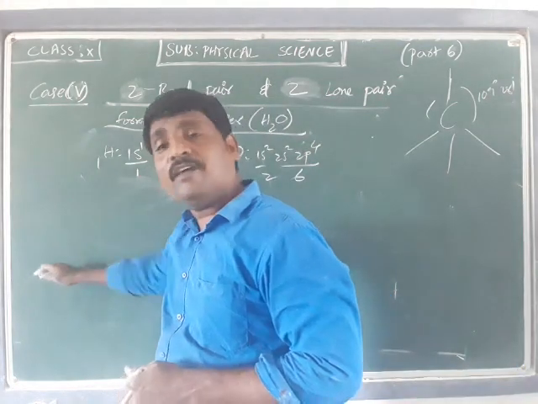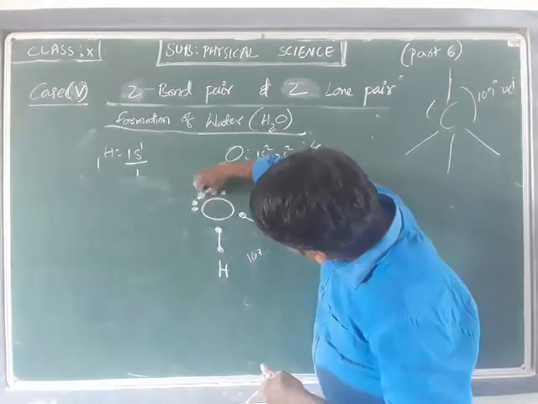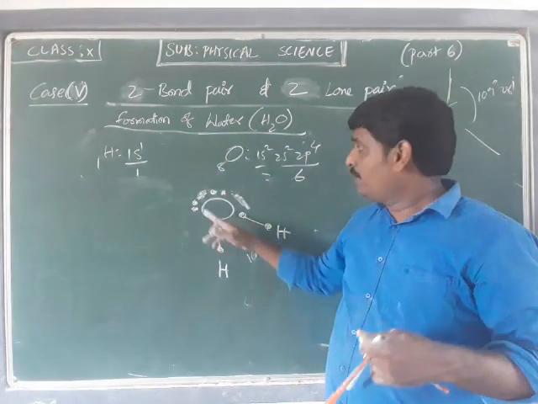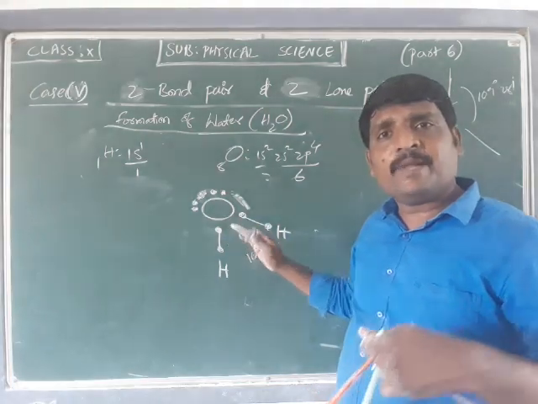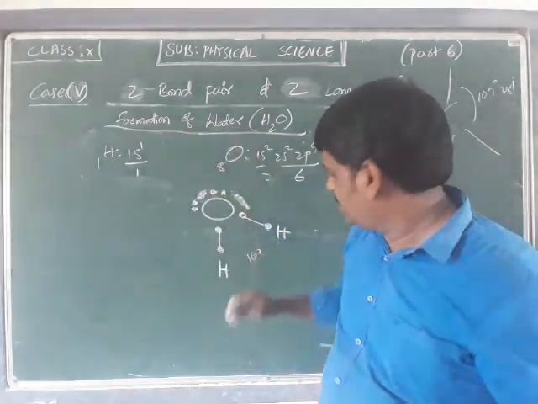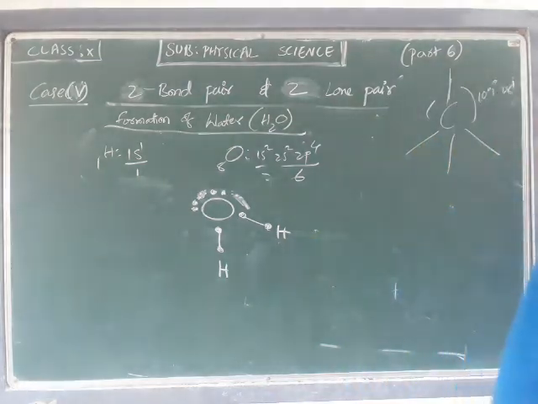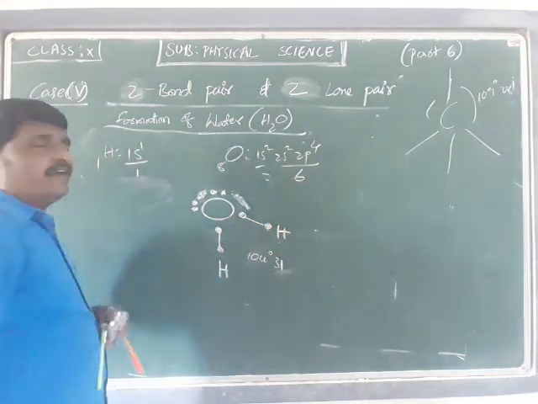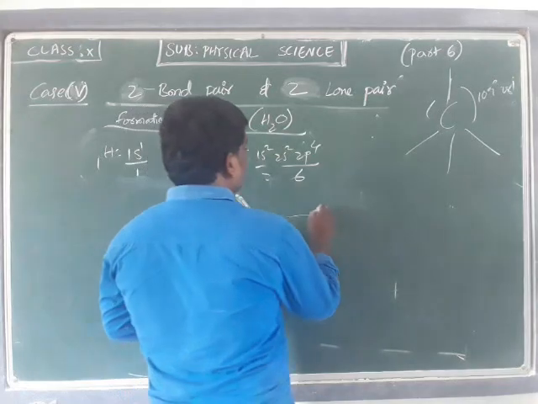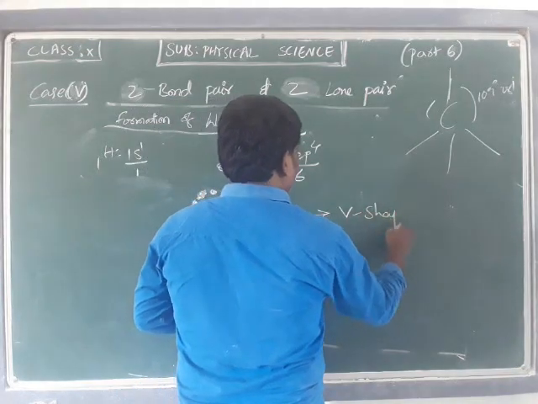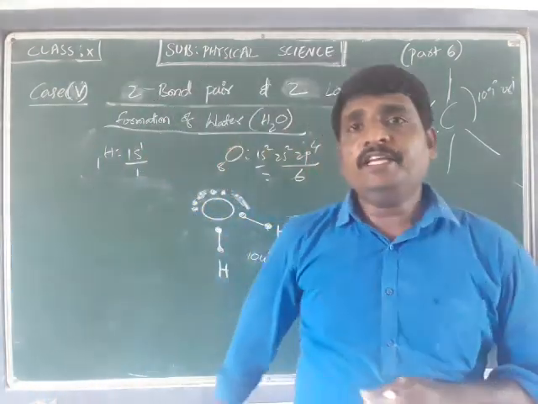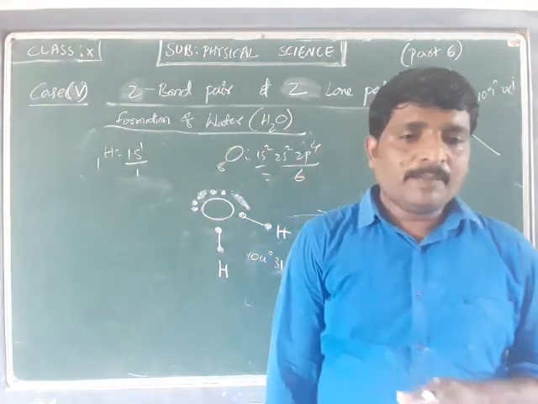But due to the repulsion of bond pair and bond pair, just not discussed, repulsion of lone pair and lone pair is higher. This lone pair and lone pair repel, and the lone pair and bond pair repulsion is even more. Due to the more repulsion, this bond angle even shrinks. Instead of attaining 107 degrees 28 minutes, the bond angle of the water molecule is 104 degrees 31 minutes, and the water molecule is going to attain the V shape. So this is about the bond angle.